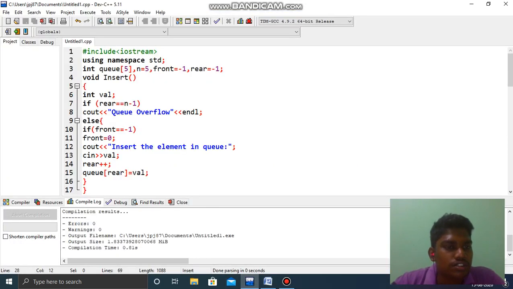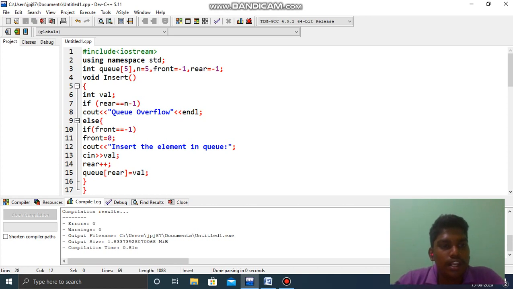Okay, so insert means if rear is equal to n minus 1, then cout overflow. If the size of the array is 5, the array contains only 0, 1, 2, 3, 4 elements. The address of the array starts from 0, so only 4 is allowed.